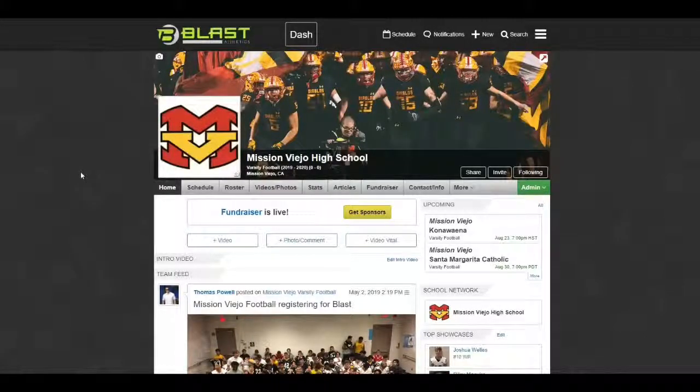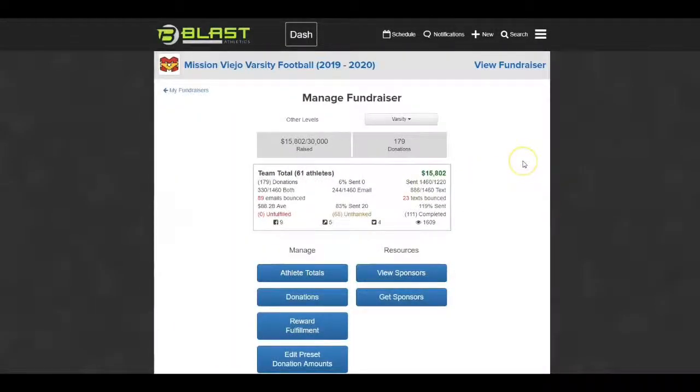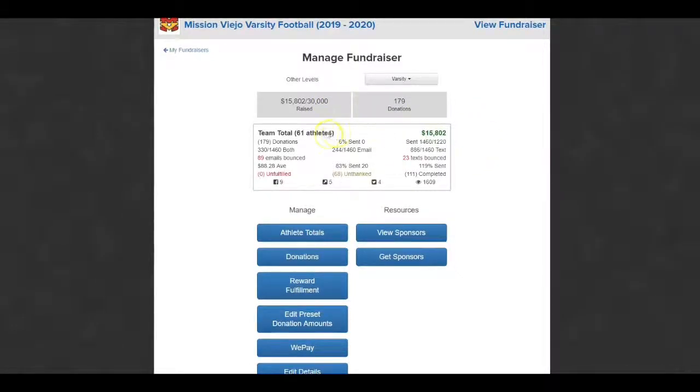Once a fundraiser has launched, it's really easy for a team admin to make any changes or manage the fundraiser. So if we, from our team page, go to this fundraiser button, that takes us to the Manage Fundraiser page. So this looks pretty similar to the pre-launch checklist page where you can toggle between the different levels of this team. You can see how much this team has raised out of the total goal and how many donations have been made, as well as how many athletes are on this particular level, and then how much they've raised again,